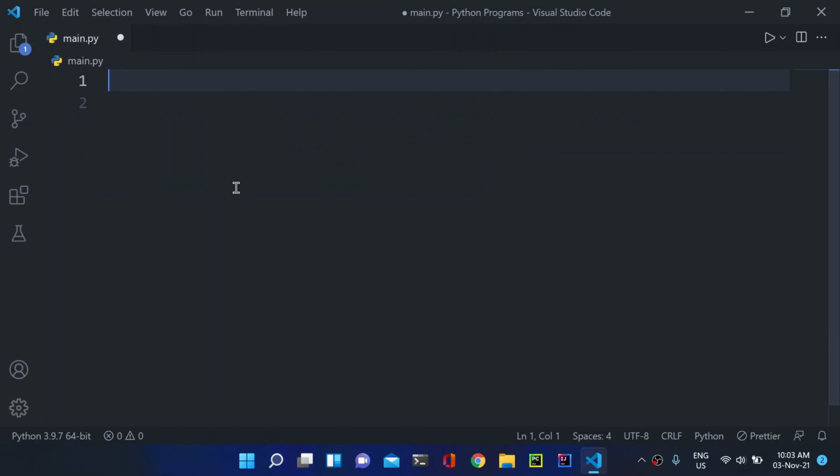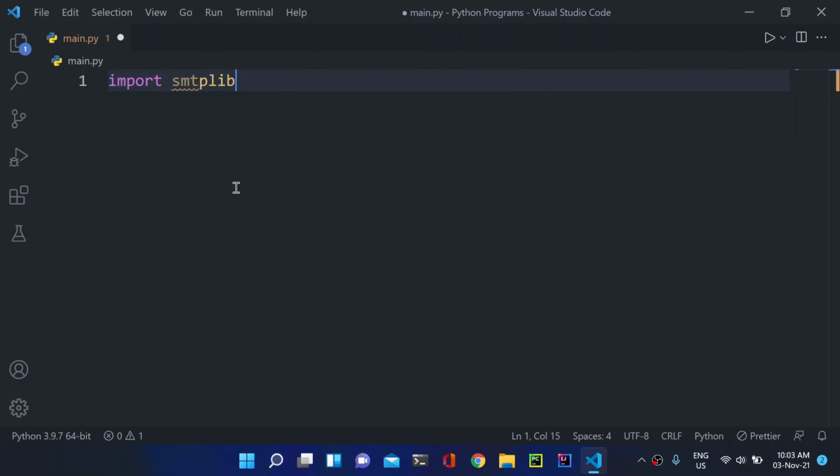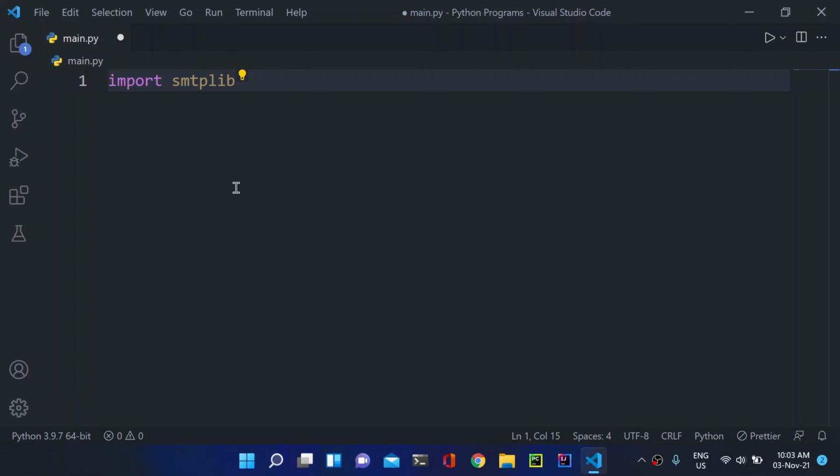So first of all, to send the emails, we need to import our smtplib package. SMTP simply stands for Simple Mail Transfer Protocol. So with this SMTP, we can send our emails. Similarly, along with this SMTP, we need two more classes.